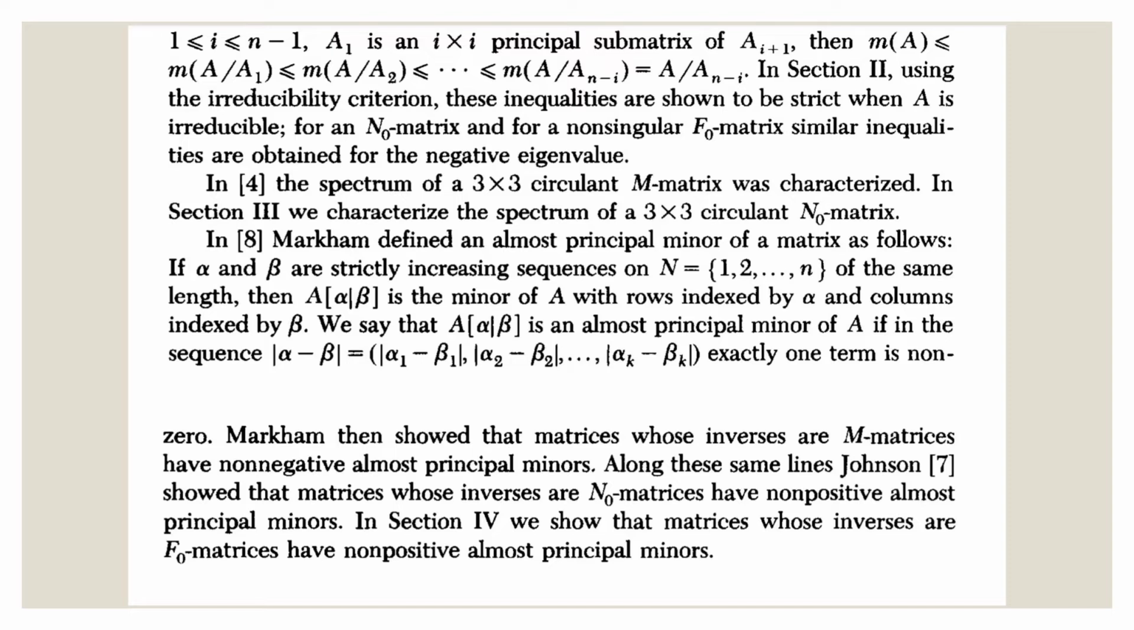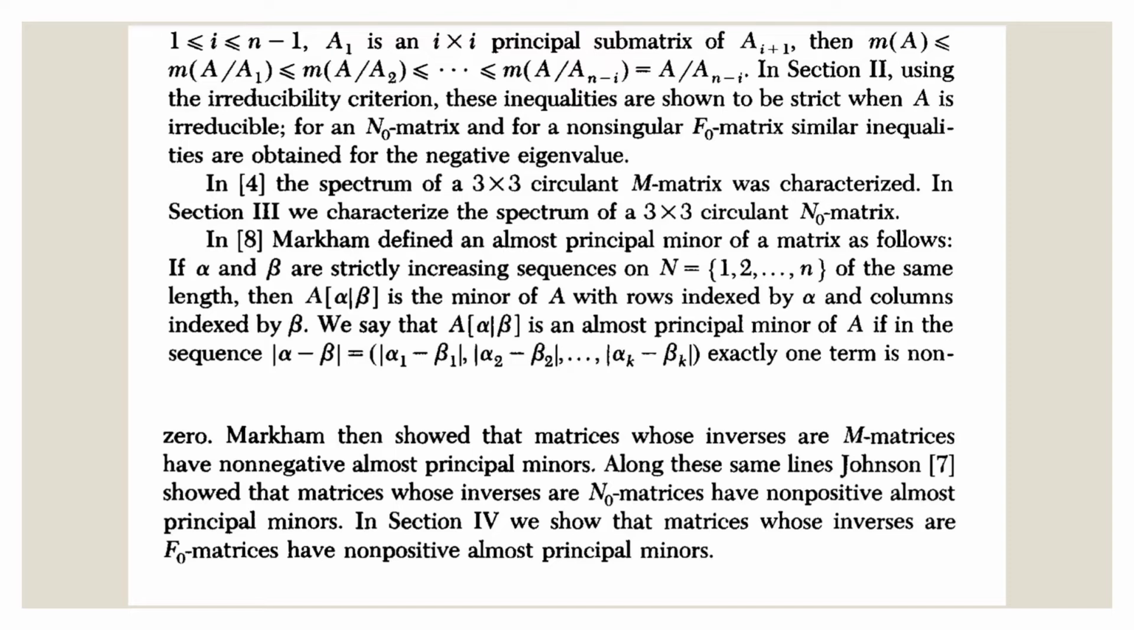In section 3, we characterize the spectrum of 3 by 3 circulant N-naught matrices. Markov defined an almost principal minor of a matrix A as follows. If alpha and beta are strictly increasing sequences of N = {1, 2, and so on, n} of the same length, then A[alpha|beta] is the minor of A with rows indexed by alpha and columns indexed by beta. We say that A[alpha|beta] is an almost principal minor of A